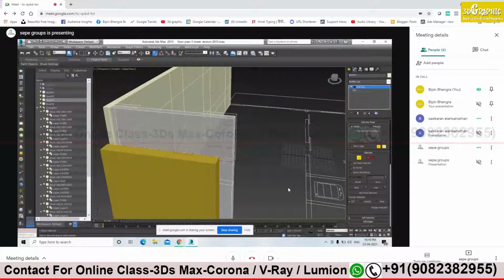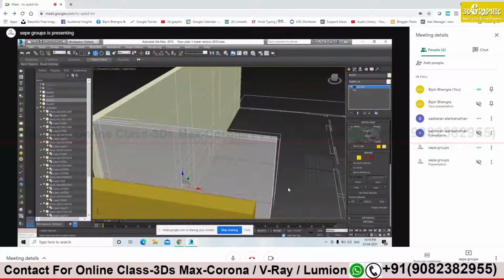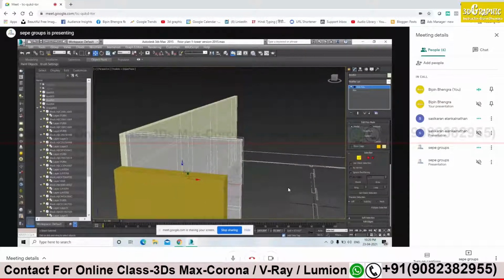Yes, press W to move the height, in one direction. Yes, correct. No, control that. Your snapping is on. Try to turn off the snap. Yes, now you can do it. Yes, one direction only. Try to click on the arrow. Click on the blue.